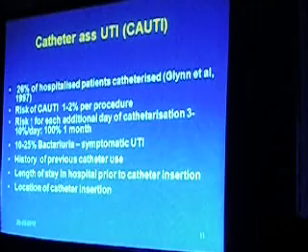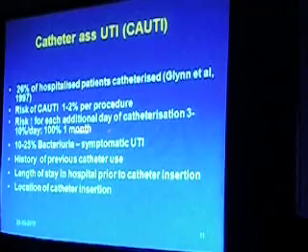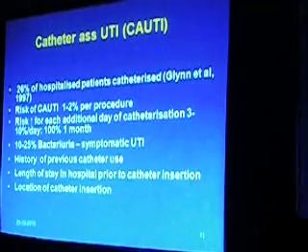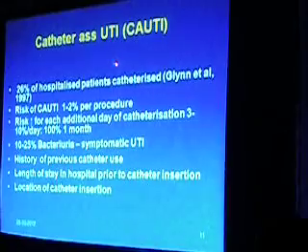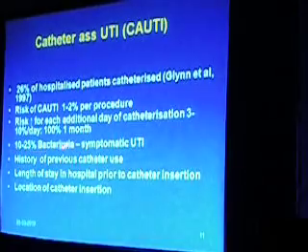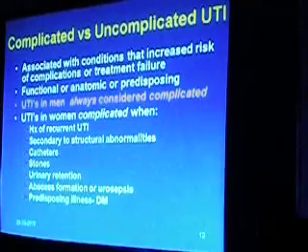Next slide. Catheter-associated UTI. This, in fact, is likely to become the most common subtype of UTI in future years. The risk is 1 to 2% per procedure. The longer you keep the catheter, the more chance of getting UTI. It is almost 100% by the time you keep the catheter on for 1 month, especially in paraplegic individuals. Not all this bacteriuria is going to become symptomatic UTI. About 1 in 5 of this bacteriuria is going to convert to symptomatic UTI. The risk factors are history of previous catheter use, length of stay, and location where the catheter is inserted.